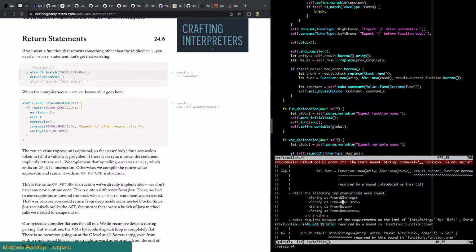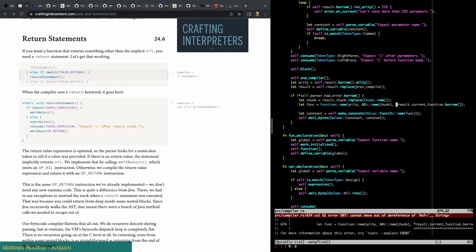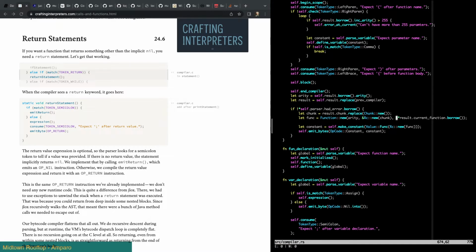Well, we can't make a string from an ampersand string, and that's what this is. And if I do that, it's going to complain about lifetimes. Cannot move out of reference. Oh, that's a shame. Okay, so I can do that. Okay, that's not as nice.